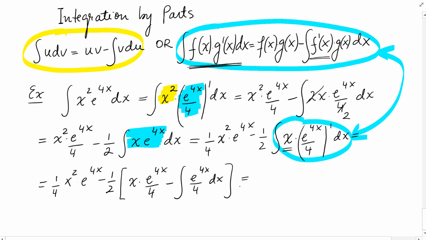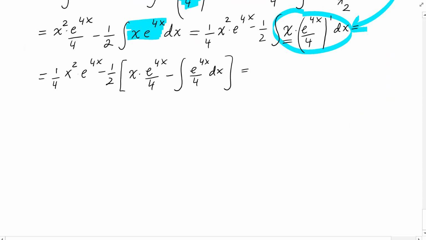And so you can notice how we got a more basic integral now. So this gives us 1 over 4 x to the second e to 4x. I open the parentheses, so minus 1 over 8 x e to 4x, and then minus times negative, we get positive 1 over 8,